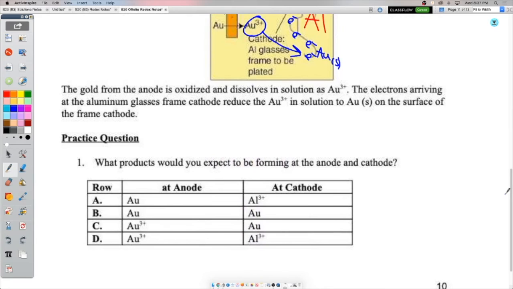So again, the gold from the anode is dissolved by forcing it to give up its electrons that it normally wouldn't. The anode from the gold is oxidized. We forcibly take its electrons without it wanting to give them up, and then it dissolves. The electrons arriving at the aluminum glasses frame cathode are reduced, red cat, in solution to that on the surface